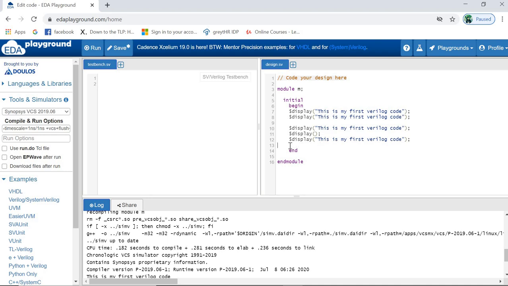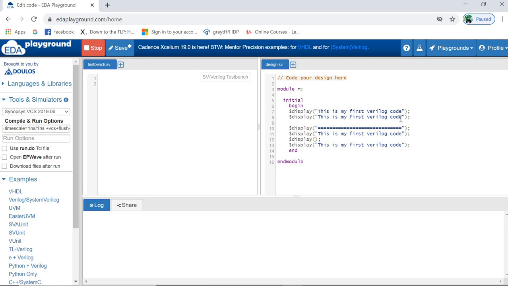Not here. Okay. So see, what I am doing is just giving one display, and I am doing this for fun, or you can say for readability purposes. I am just adding this line here. Okay. So alright, let's run this code and see what happens.